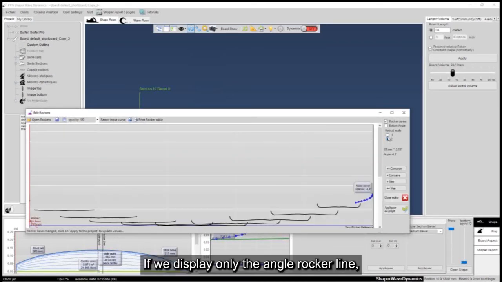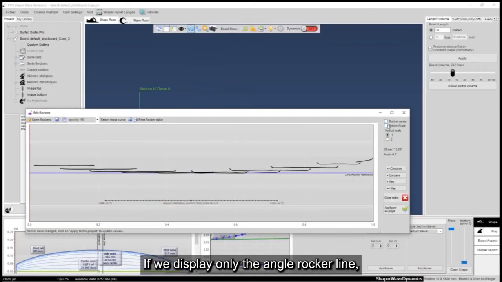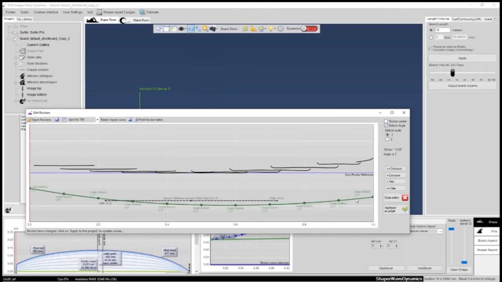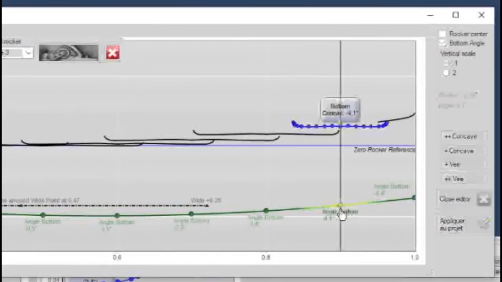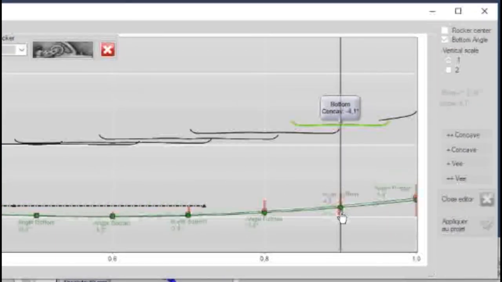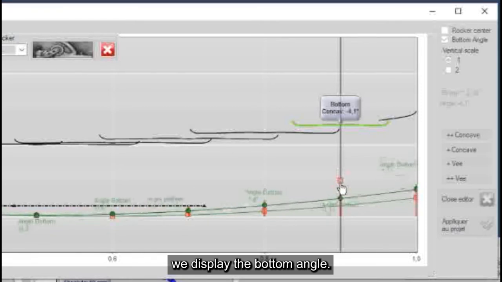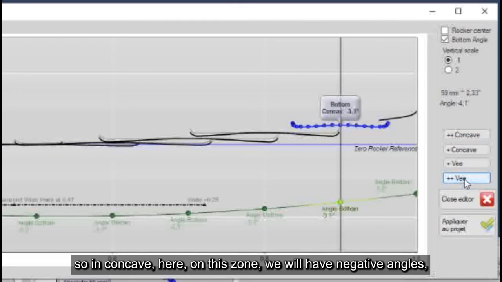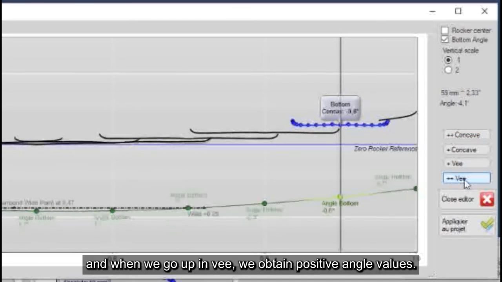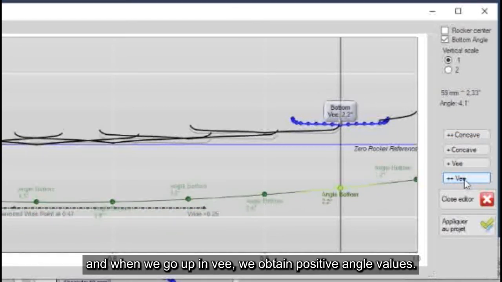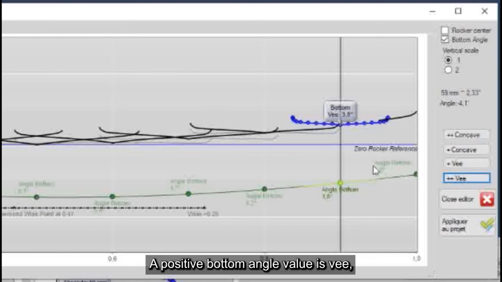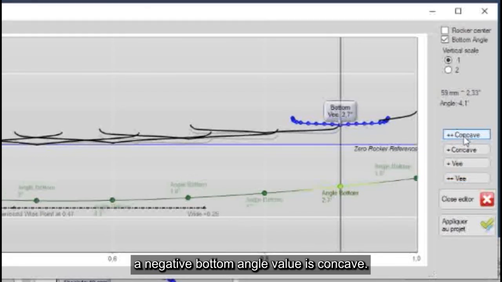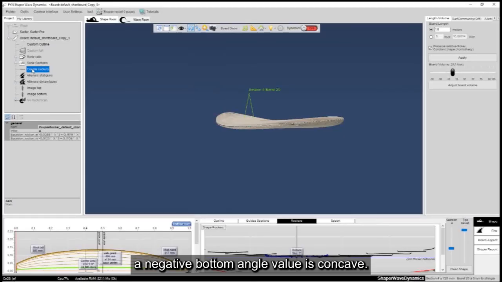If we display only the angle rocker line, we display the bottom angle. So in concave, here, on this zone, we will have negative angles. And when we go up in V, we obtain positive angle values. A positive bottom angle value is V, and a negative bottom angle value is concave.